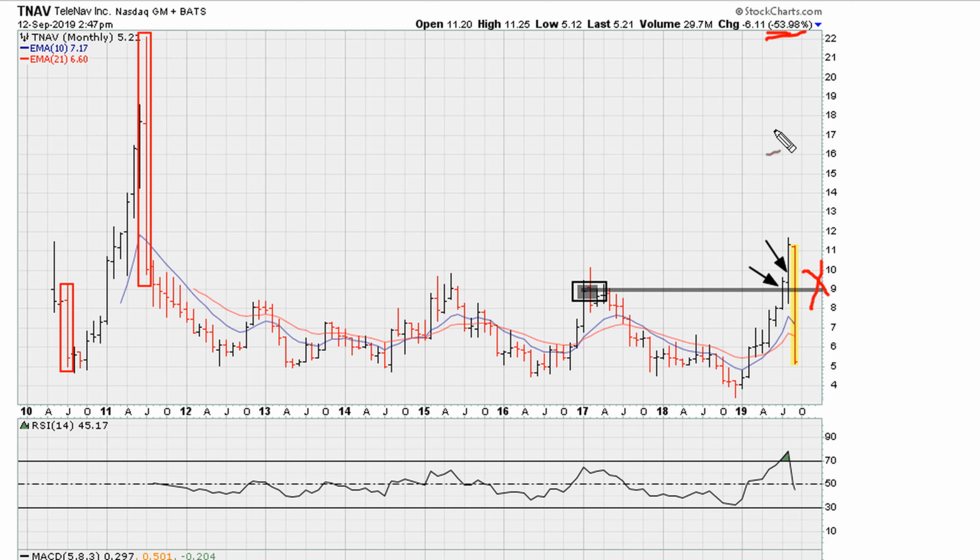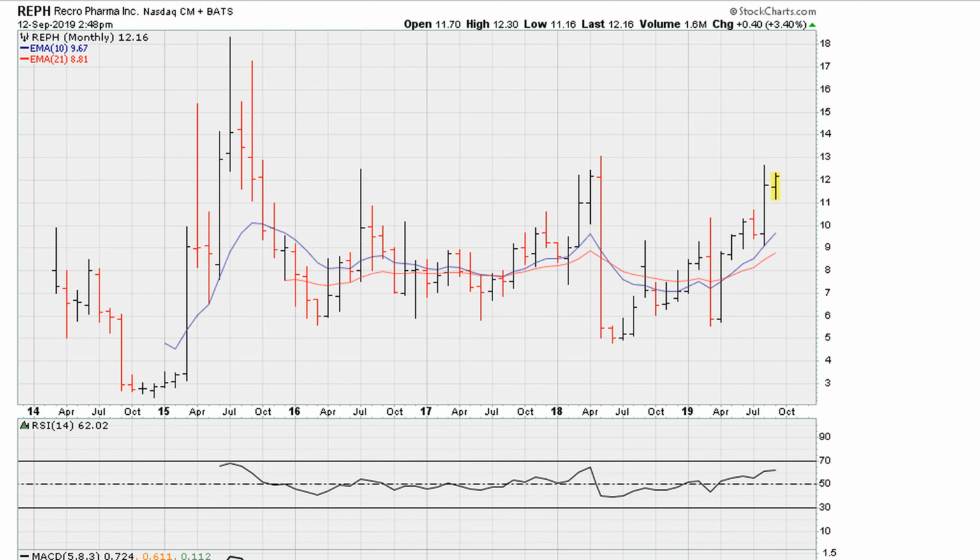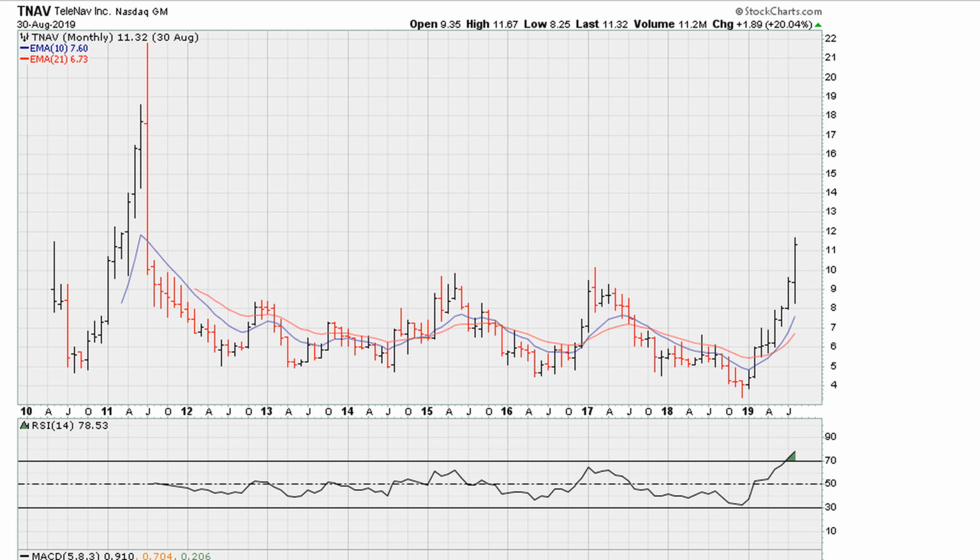So be on the lookout for stocks that do not have the history of moving higher. For example, compare this with Apple, which shows that when it's in a mood to go higher, it can hold on to gains over a period of many months, if not years. Now compare that with the prior charts, chart number 1, chart number 2. So be on the lookout in terms of past